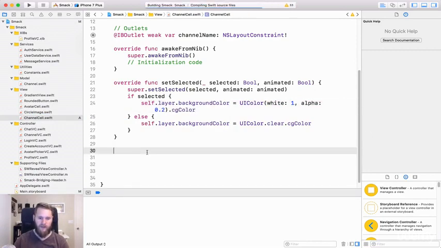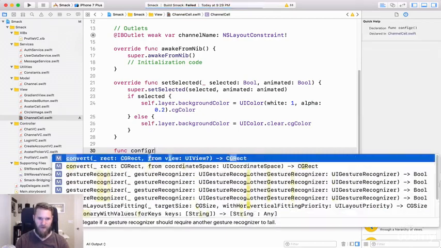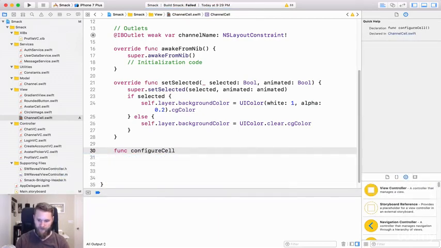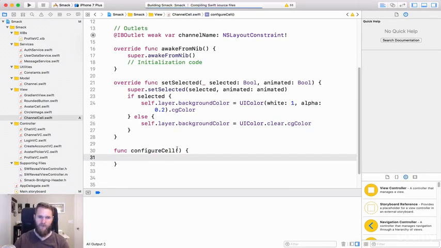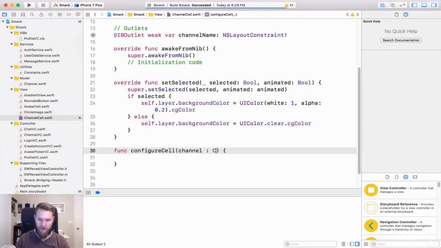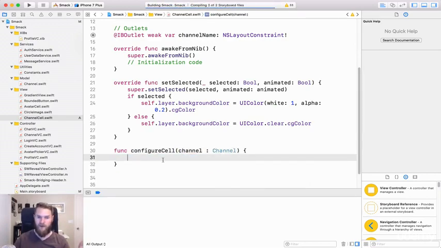All right, so now we're going to do our configure cell function. So I'm going to say configure cell, and we are going to pass into this function a channel object. Okay, so I'm going to say channel and channel. All right, and what are we going to do with this channel? Well, we're just going to grab the title from it and set our IB outlet for the channel name to that title. So I'm going to say let title equal